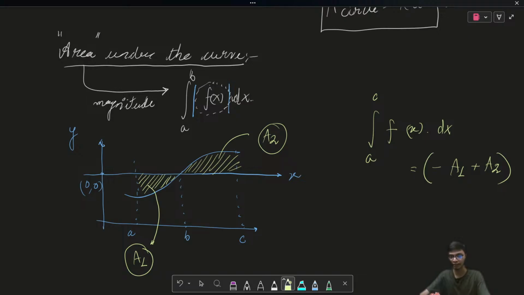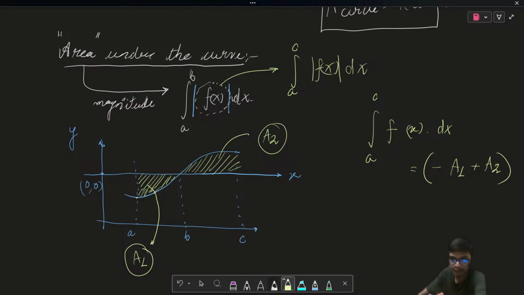So I will get this particular result over here, that is negative of a1, because that is lying below the x-axis, and a2 is lying above the x-axis, so it is positive a2, right? So therefore this will be my required definite integral. But when I actually mean the area under the curve, I should write the magnitude. So for integral from a to c of mod of f of x dx, if I try to find out this area,